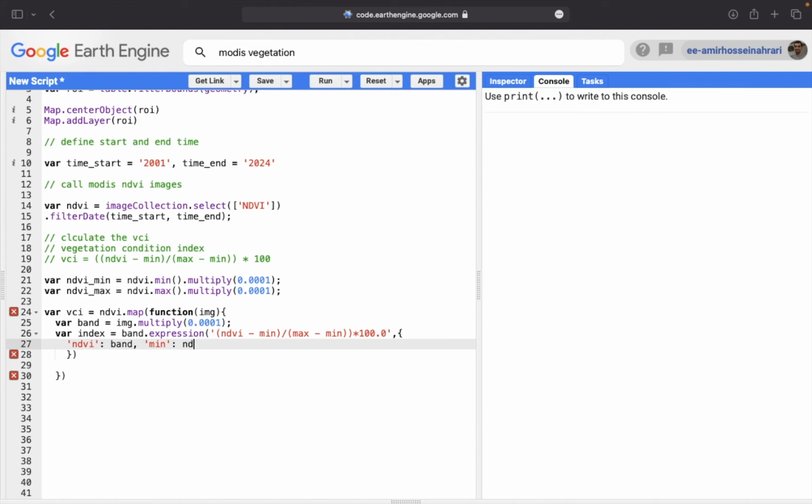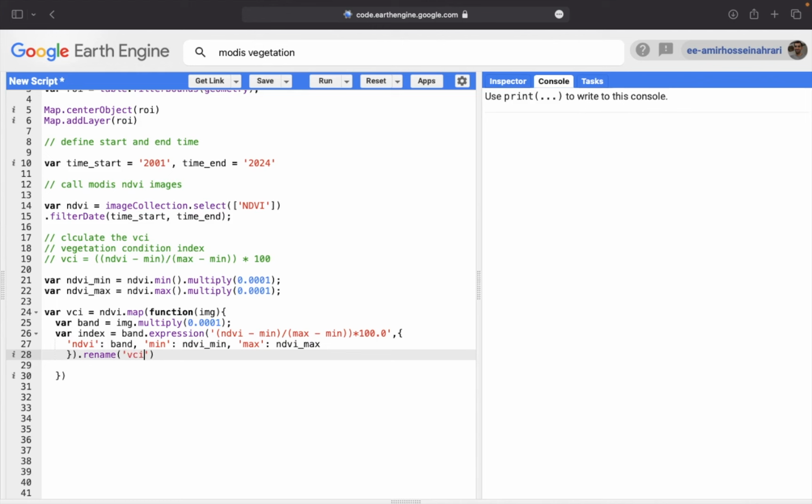The minimum equals NDVI min, and the maximum equals NDVI max, just like that. And finally, using rename, you can change the name of the band from NDVI to, for example, VCI,